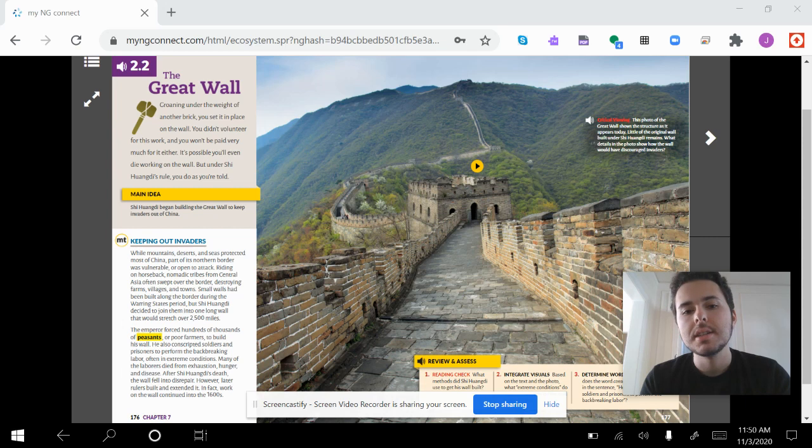Basically, as our book says, and as we've gone over before, China was protected naturally by a lot of barriers like mountains and seas and rivers. But there was an area in the north that wasn't protected. And for quite some time, the people of the North were victims of raiding parties riding in on horseback and destroying villages and towns and farms.